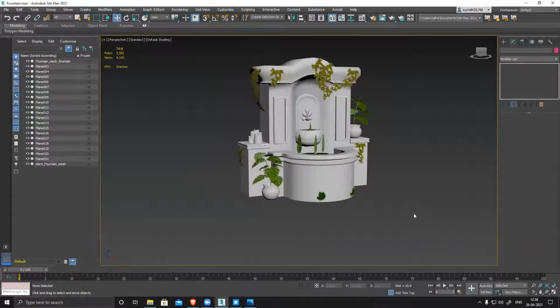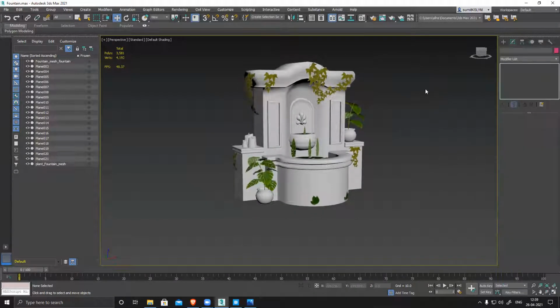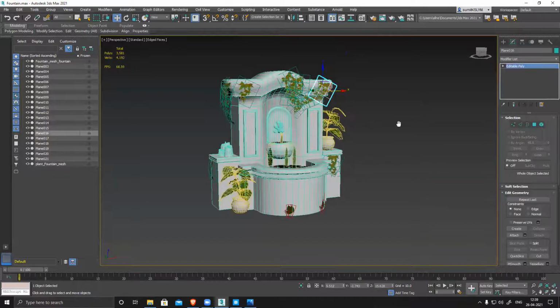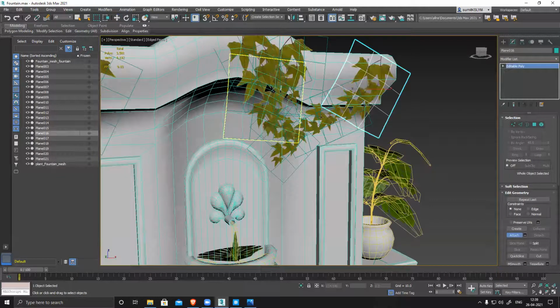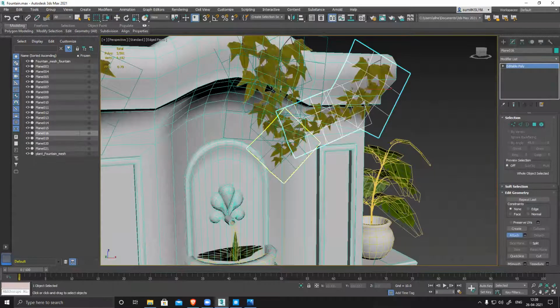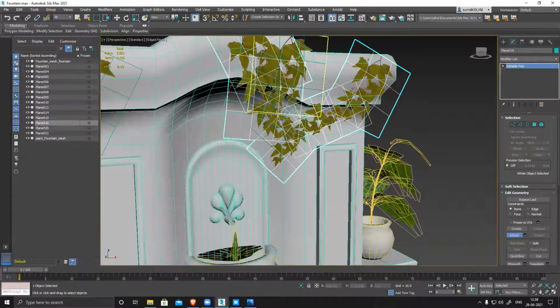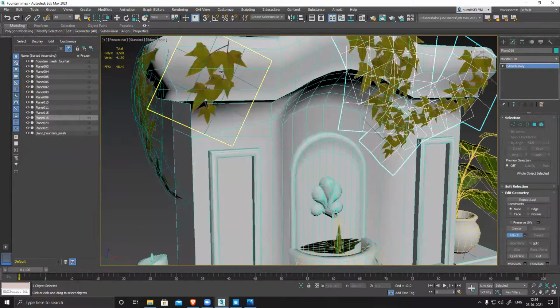This can also have an alpha, and there's another pot with leaves and all. So I can generate that also in a similar manner. So right now, most of the alphas and most of the placement of the alphas is ready, right? So now I have to combine all my alphas together and create one map. So now I'll select all of them and I have to combine them. Attach, attach, attach, attach.